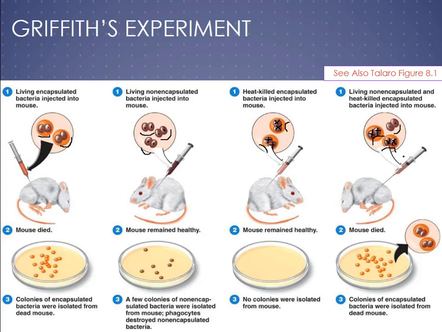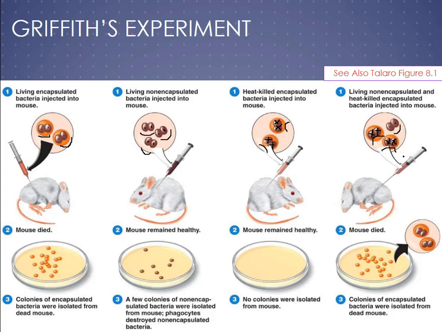When he mixed them together, what's happening in that tube before he injects the mouse is the living organisms are able to take up the naked DNA from the dead ones. The dead ones, they're dead. They're decomposing. Their cell wall is falling apart. Their chromosome is crumbling. Their ribosomes are denaturing. Their proteins are denaturing. And so those bits and fragments are all open, free in the test tube.